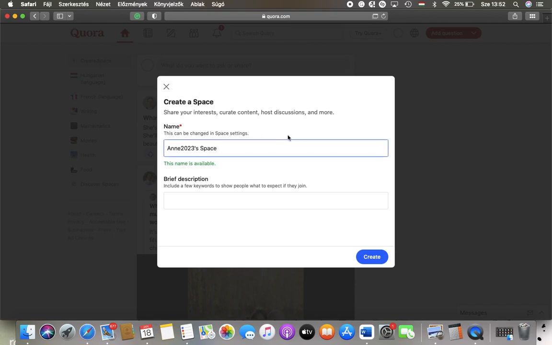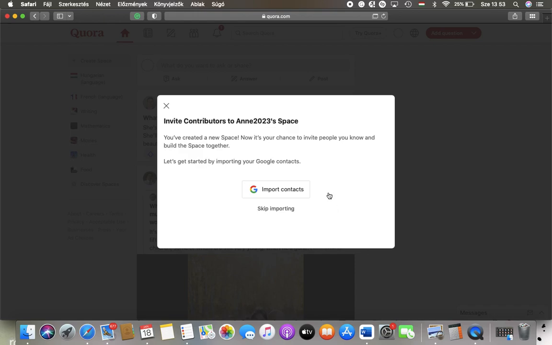After that you should type in your name and the name of your space and then write a brief description including a few keywords to show people what to expect if they join. So just type it in and click on the create button down below,